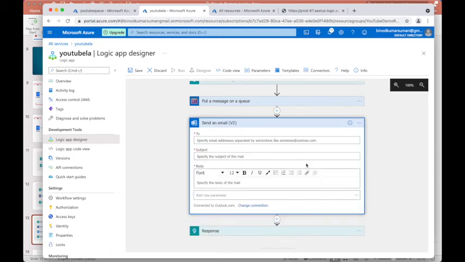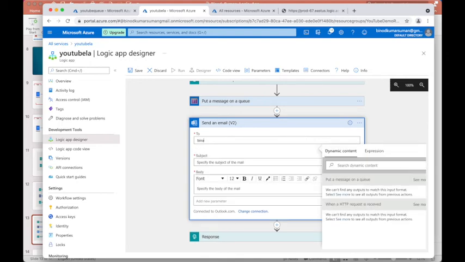Signed in already. So now it is asking to whom you want to send the message. Let me send the message to myself, vinodsuman@outlook.com.